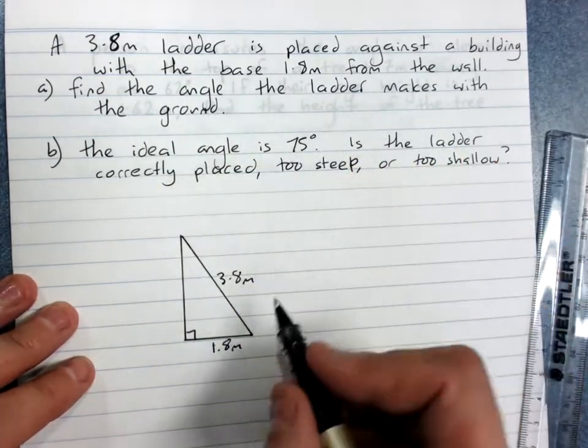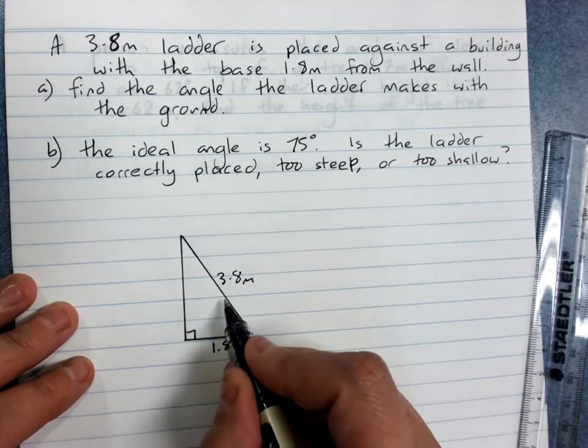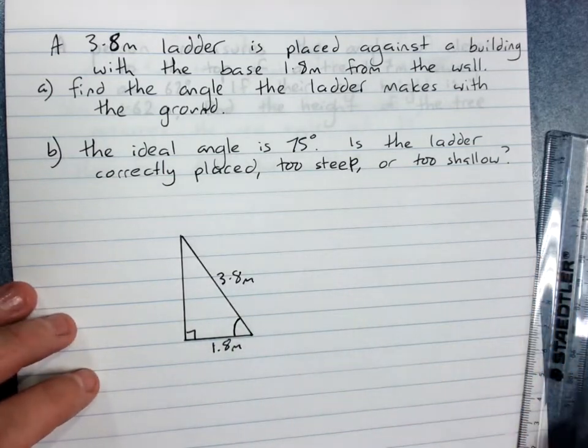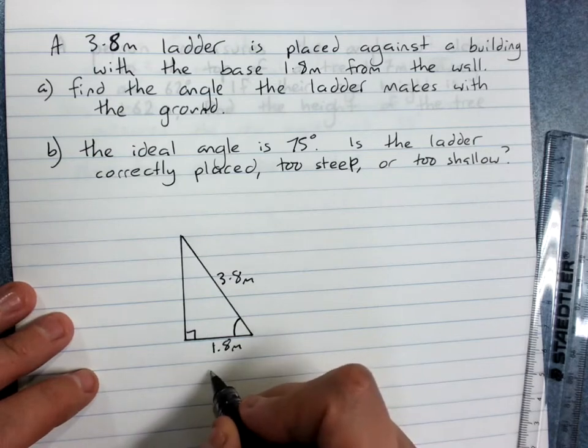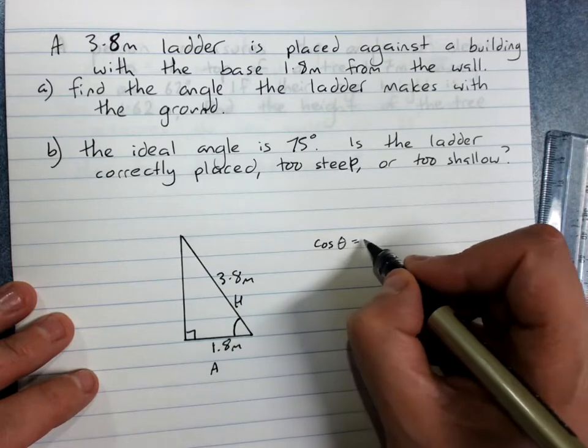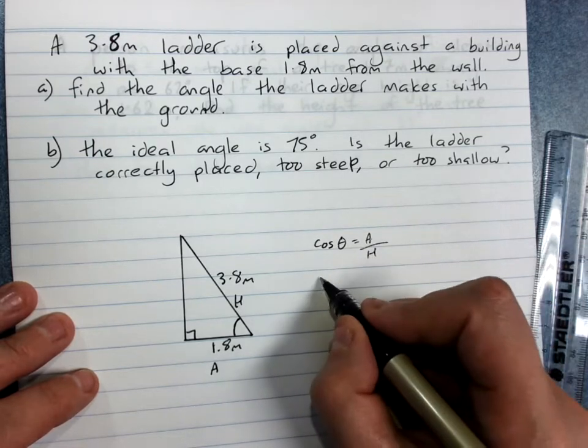Find the angle the ladder makes with the ground. That is the angle between the ladder and the ground. That would be this one. Draw your diagram, label your sides, write your ratio,